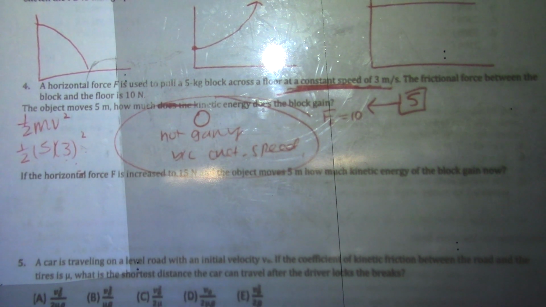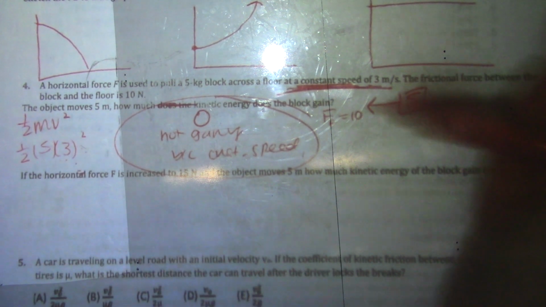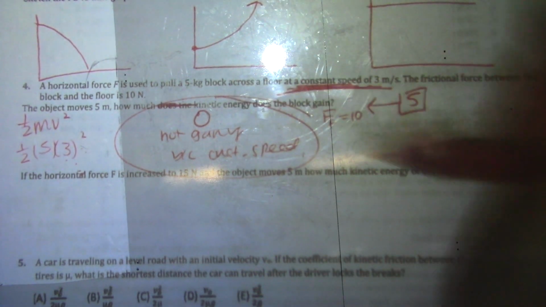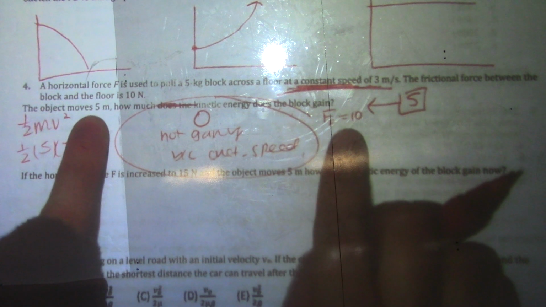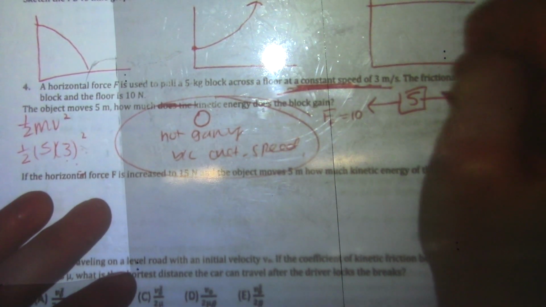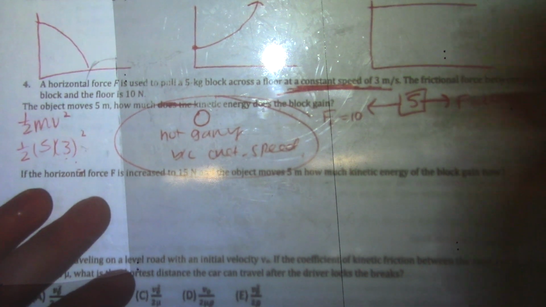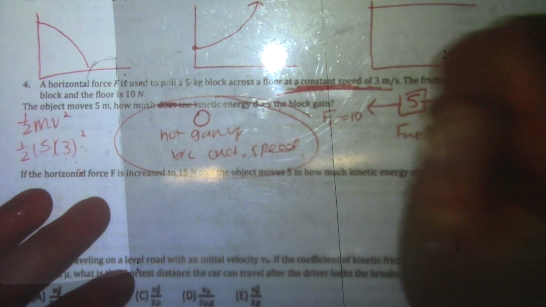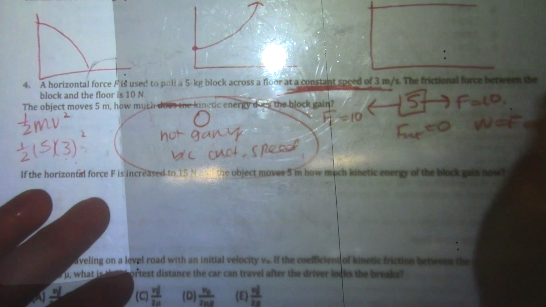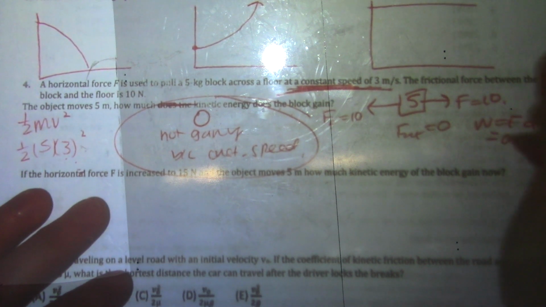The other way to think about this is in terms of work done, because some of you might have said, well, the change in energy is just work, which is force times distance. This is not the only force, right? If it's going at a constant speed, that means they have balanced forces. So that means I also have an applied force of 10, which means my net force is 0, so then work is Fd. I would use my net force, which is 0 times 10, which is again 0. So then the change in energy must be 0.